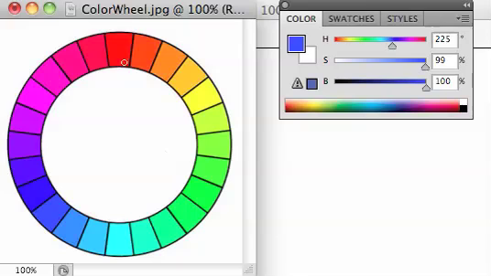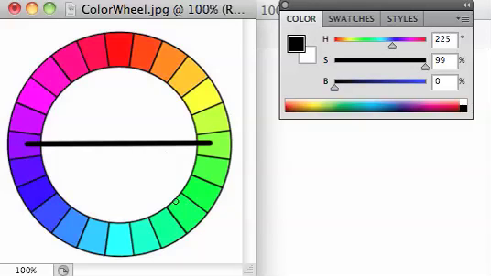The next one is a split complementary, and what you'll be doing there is, let's say you want to go with that magenta. Let's go with hue 270 here. Split complementary is going to be like so. I call these the anchor colors and the split colors. So I'm going to have my anchor color as this purple here, and then my split colors are going to be 30 degrees away from the complement. So here's the complement, because we've got a nice straight line across, 180 apart. And then 30 away from there would be here,